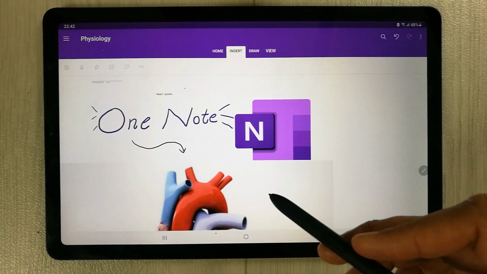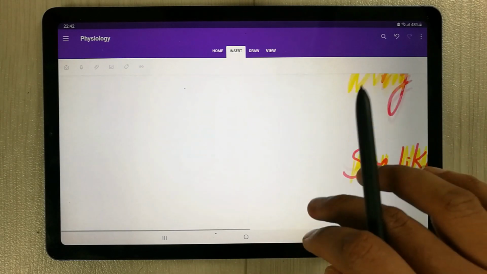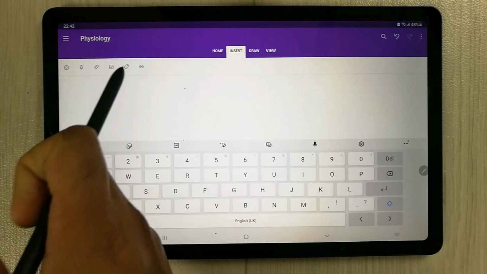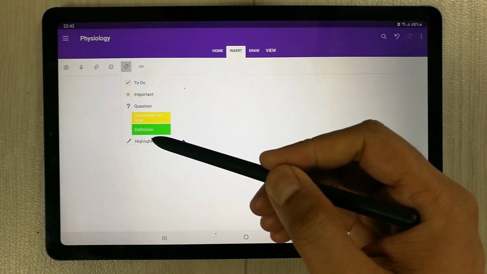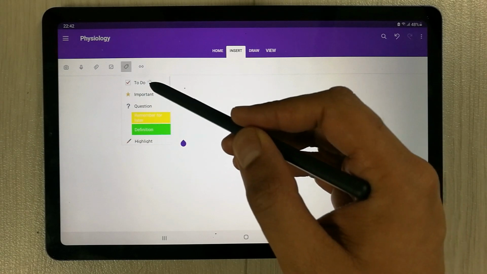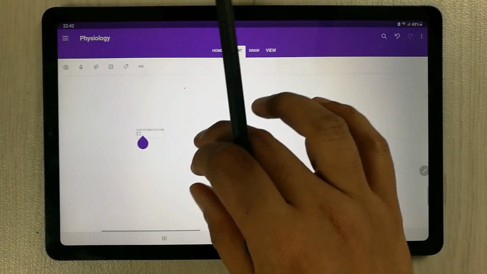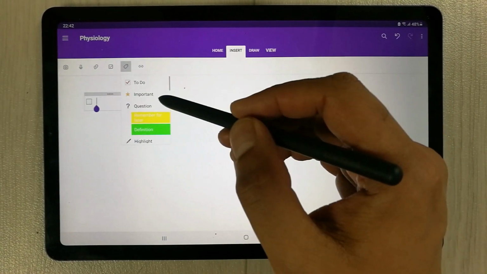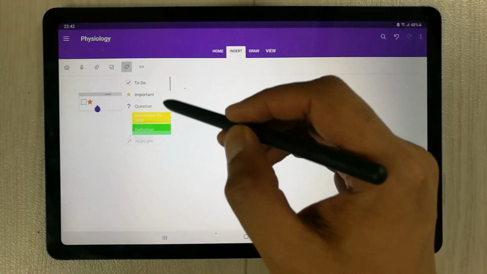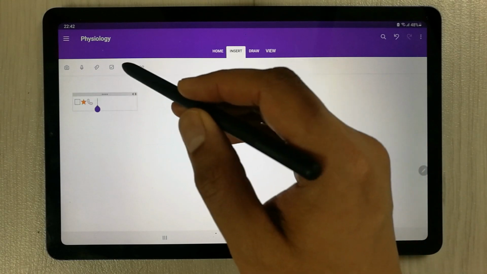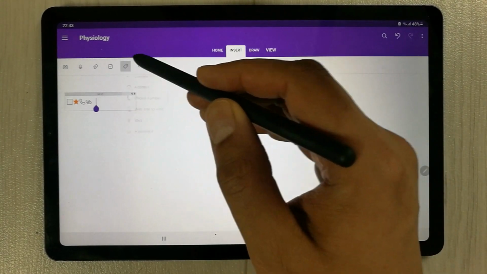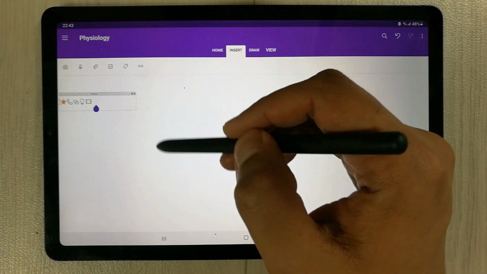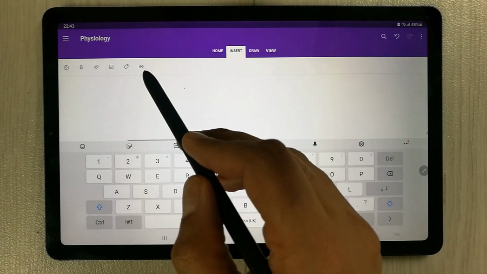And the next tool that I want to discuss here is the tag tool. So I will show you. This is the tag tool option, which is very important. So we have different options over here to do. So for example, I select, you can see over here, this is the to do option, and then we have other, you can see. So there are different tags, a lot of tag options. So you can see over here, website, idea. So there are different tag options available, and then we have the links option also available.